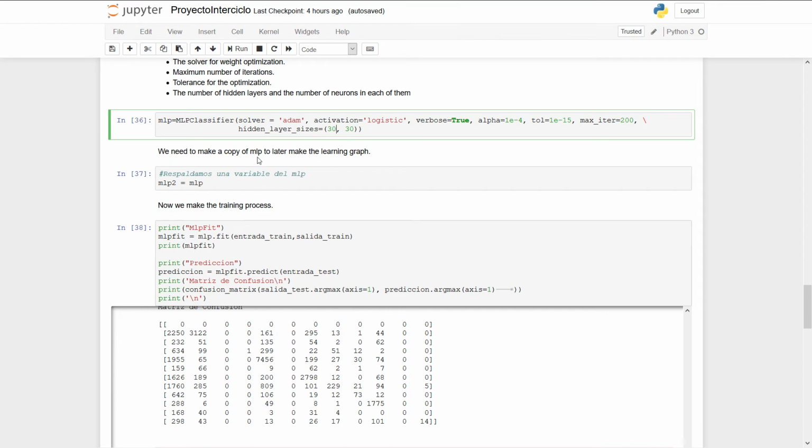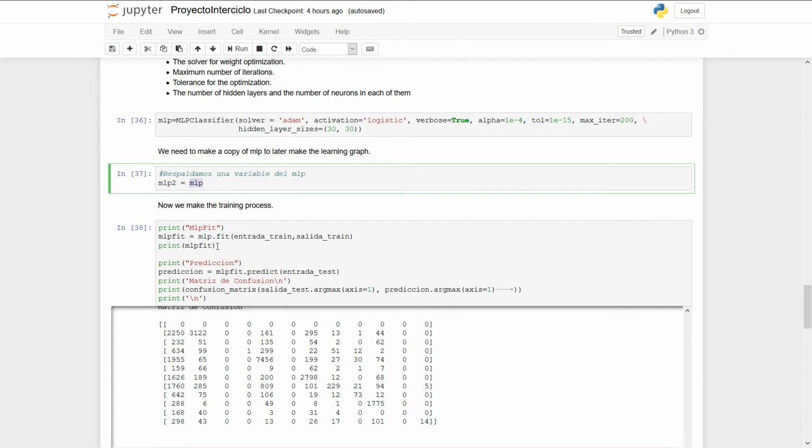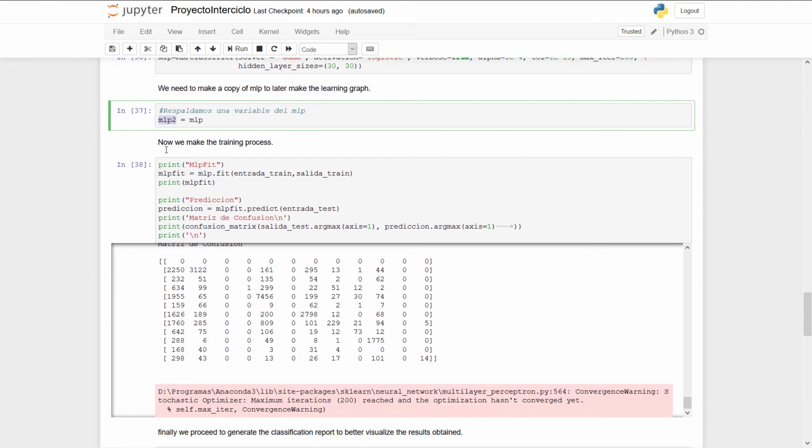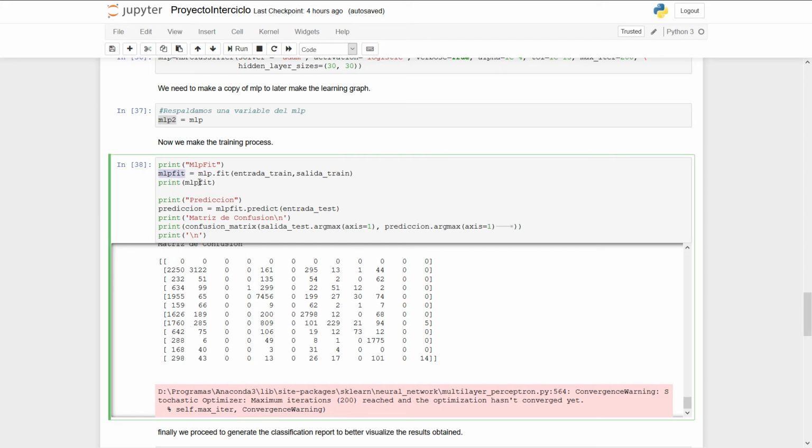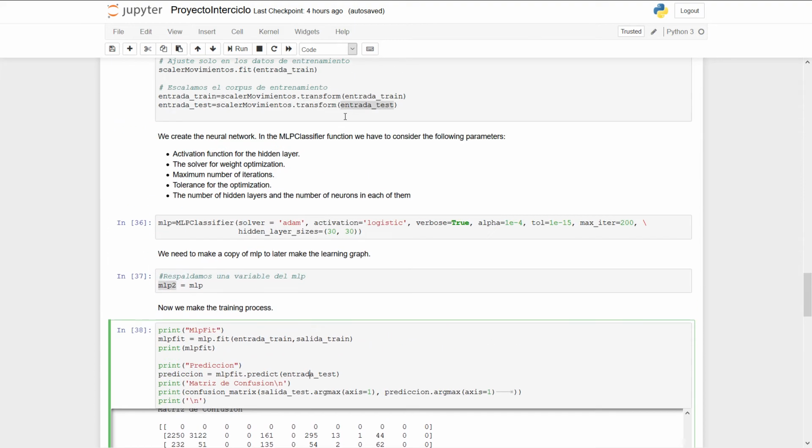And now we need to make a copy of MLP to later make a learning graph. We use this to classify in these lines and this to graph the learning graph. Now we have to train. We make the training process. We use MLP fit that receives the train entrance and the out train data. We make a prediction with MLP fit predict that takes the test that we separated in these lines,